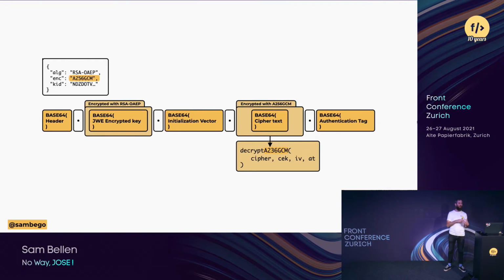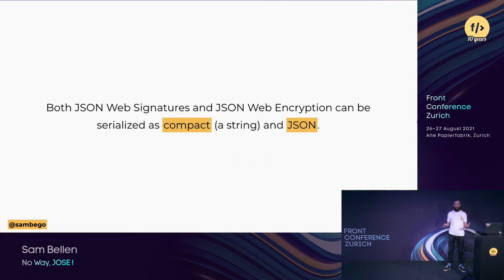So you check in the header again which algorithm you want to use. Then you pass along your cipher, your content encryption key, which we decrypted in the previous step, together with the initialization vector, which is the third part and sometimes is empty, and the authentication tag. You don't have to know what all of these mean, just know that you use all of these different parts together with these decryption algorithms, and you get your actually decrypted message. So your content encryption key is asymmetrically encrypted, and the content itself, the cipher, is symmetrically encrypted with a JSON Web Encryption. Both JSON Web Signatures and JSON Web Encryption can be serialized compactly as a string,